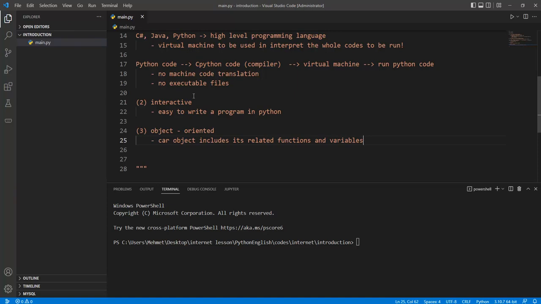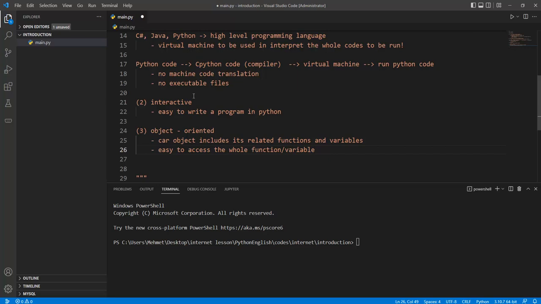C or C++ cannot be used for these purposes, but object-oriented notation, except for C++, can give us an object-oriented notation, but in the Python programming language, object-oriented gives us an object relation, which includes the related functions and variables, and easy access to the whole function and variable. This is an important feature to create